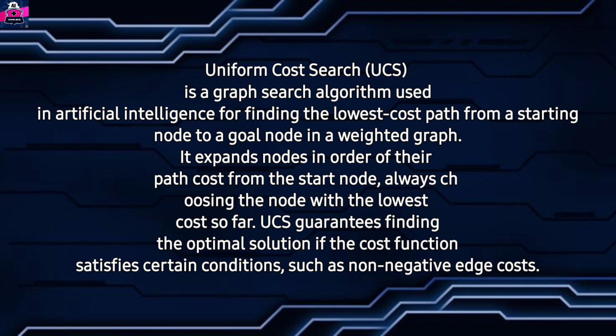Uniform cost search, UCS, is a graph search algorithm used in artificial intelligence for finding the lowest cost path from a starting node to a goal node in a weighted graph. It expands nodes in order of their path cost from the start node, always choosing the node with the lowest cost so far. UCS guarantees finding the optimal solution if the cost function satisfies certain conditions, such as non-negative edge